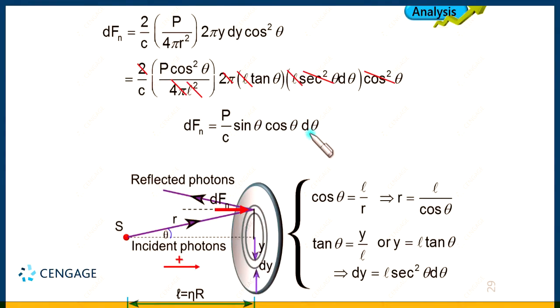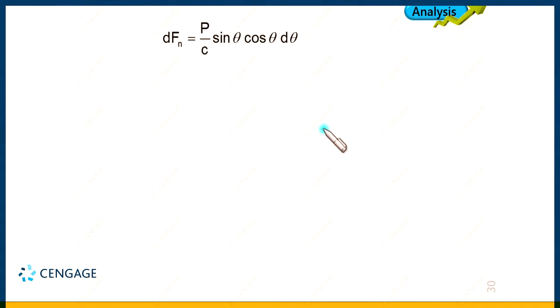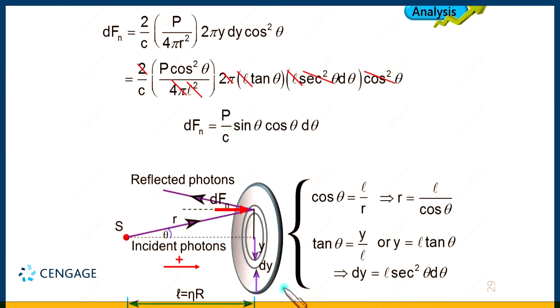Now finally we need to integrate with the proper limit. We can write this relation dfn equal to p divided by c sin theta cos theta multiplication d theta. We know the limit of theta. Limit of theta is here, you can observe this is 0 to this value. If I join this point to this point, that is the maximum angle made by the line joining the source and the end point, which will be the maximum limit of theta. Okay, so let us write this relation to the next page, this one,